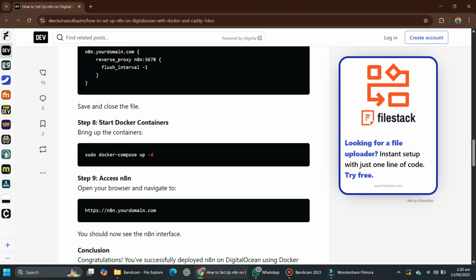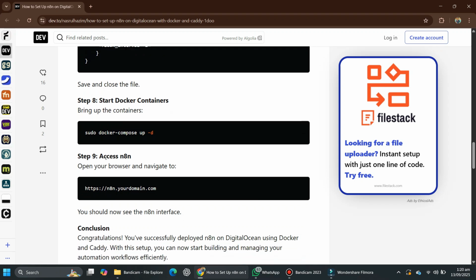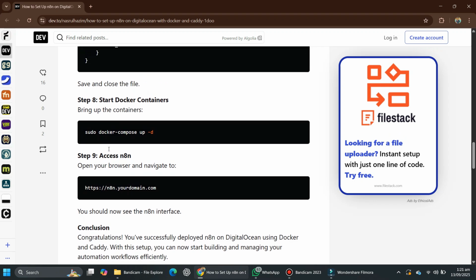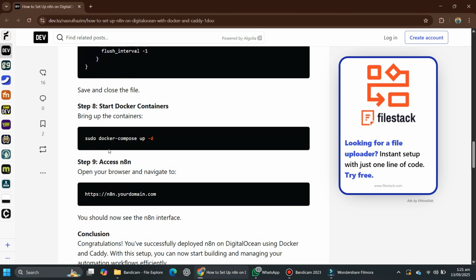Next, start your Docker containers. Bring up the containers, and after that, open your browser. Then, navigate to your domain or IP address. Finally, you should now see the N8n interface running